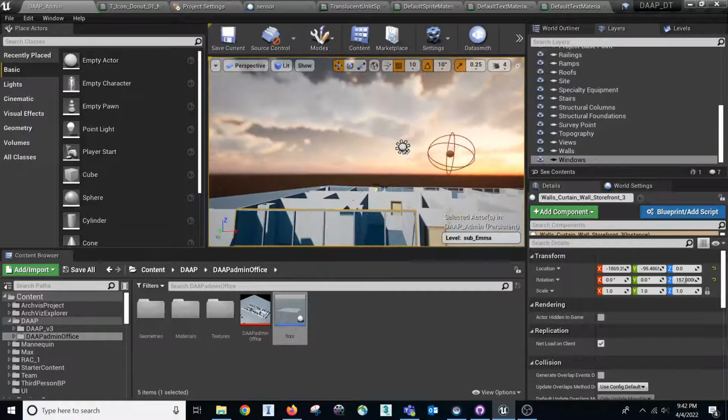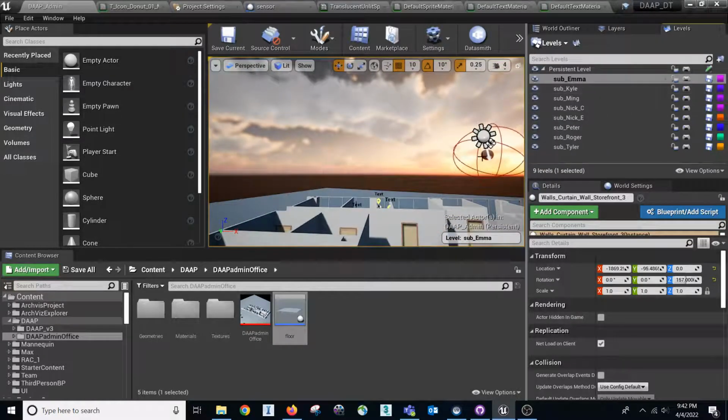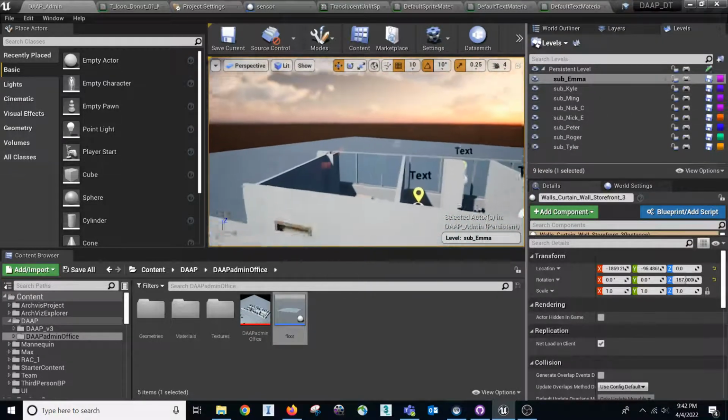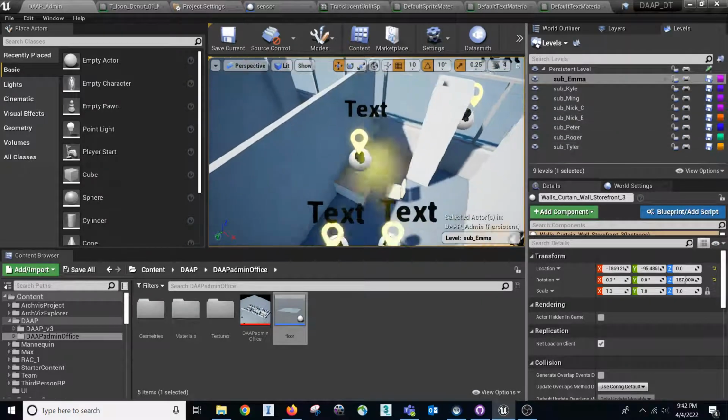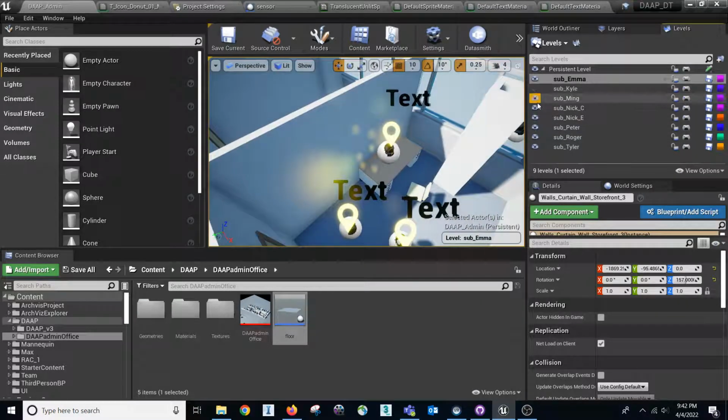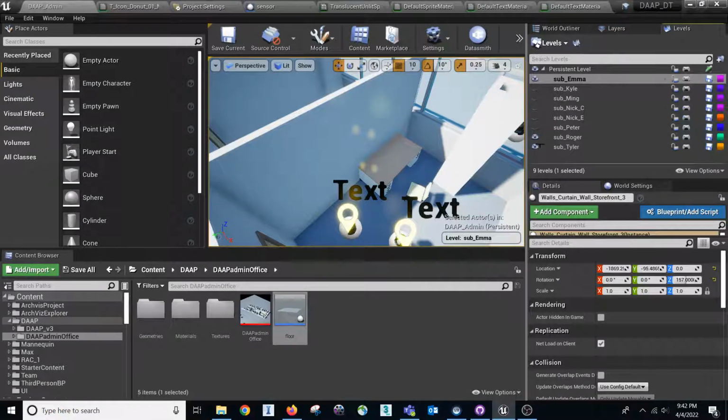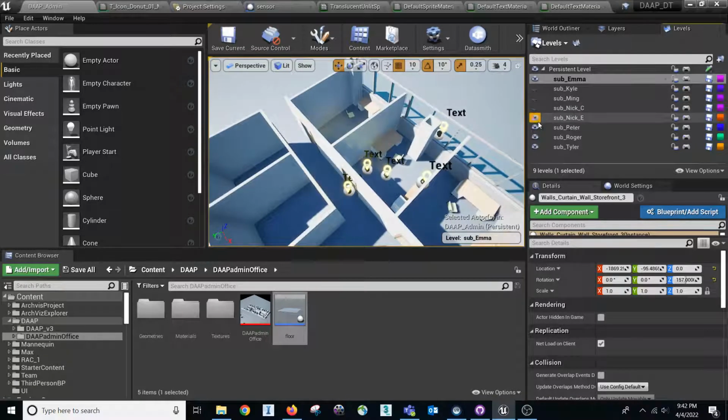Alright, so basically what I have done is to duplicate the sensors and put them into different sub levels. So right now each person carries a certain number of sensors, but again this is optional. If you are the only person working on this project, you don't really have to do the sub levels, but I like to do it because I like to maintain this